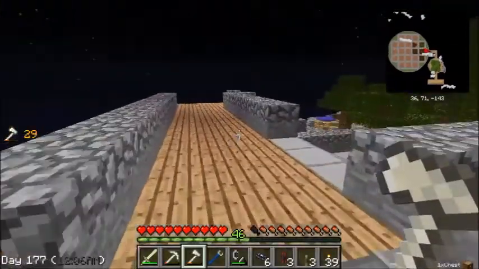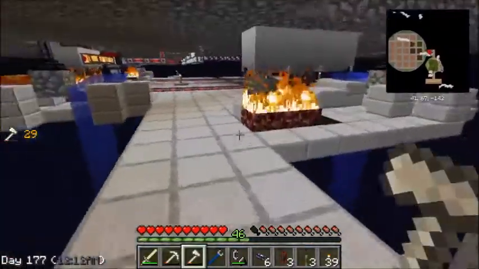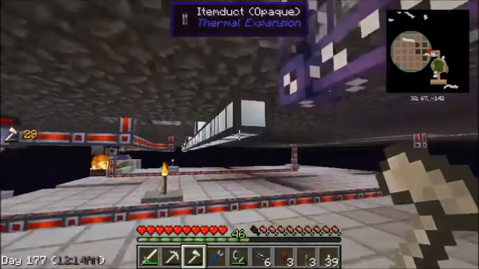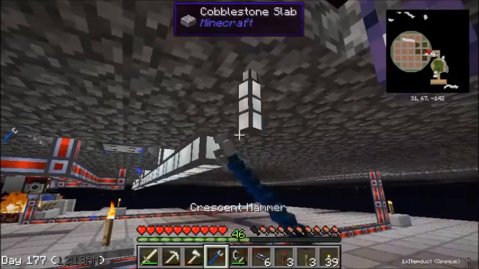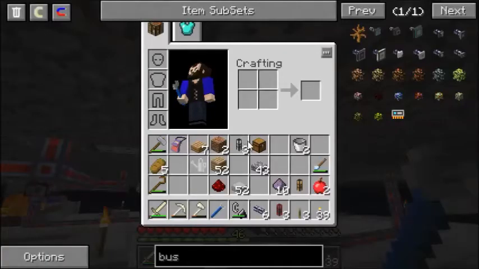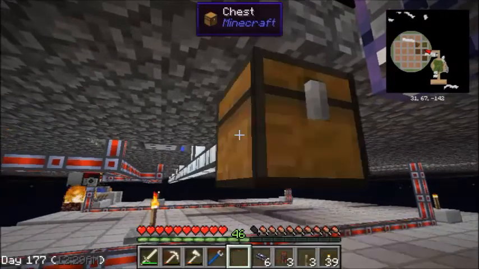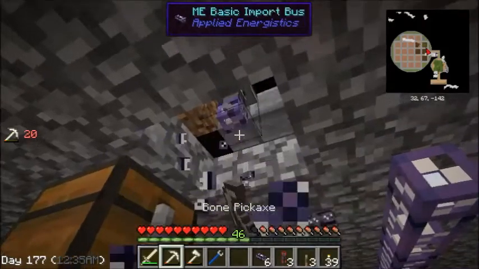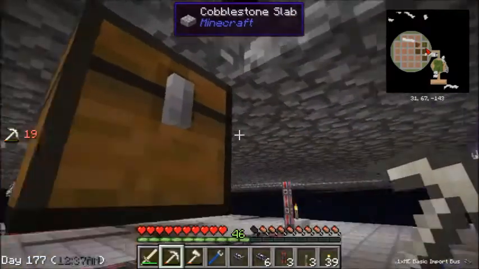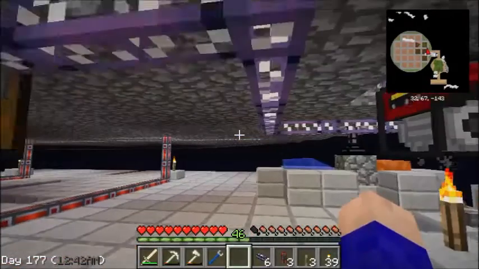We're going to go downstairs. Place the chest right here on this down here. We're going to break these things, and we're going to put the import bus right on the